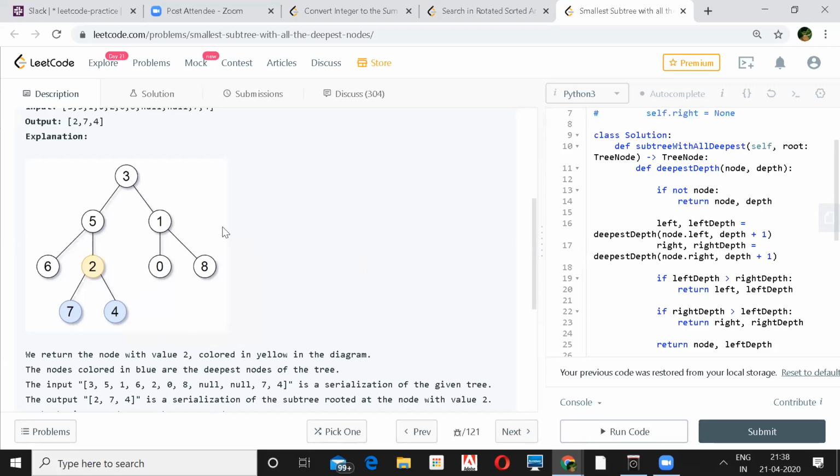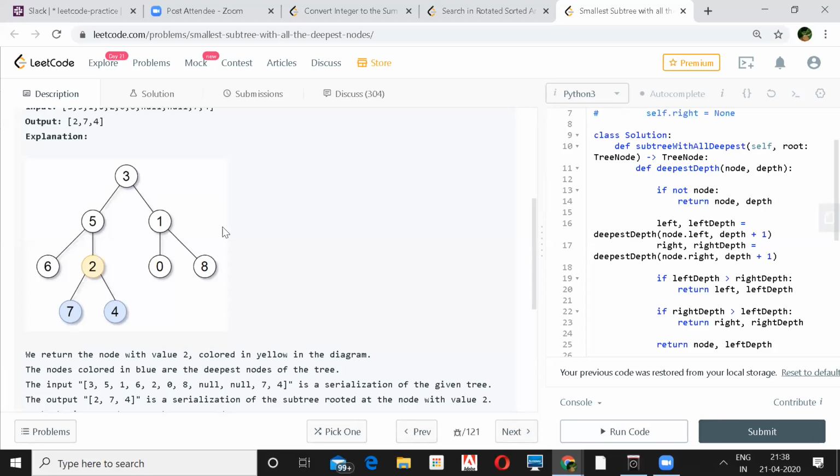Yeah, otherwise initially I thought maybe they just want the parent of the deepest. I'm like, that doesn't look like a hard code. Okay. Are you saying if there is a node 9 below node 8, then 9 would also be one of the deepest along with 7 and 4? And in that case, they want the root of the subtree containing all three nodes, 7, 4, and 9. So in that case, root 3 would be that root of the subtree. That is like the common ancestor you are finding out. Yeah, right. That common ancestor they are only wanting.